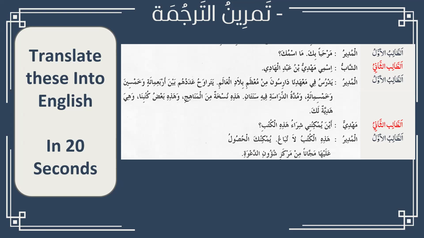Mahad is the institute, Madina is our institute. Yadrusu fi, they study. When you're saying yadrusu fi, you're saying he studies. Because the word darisuna is in the middle, that tells you that you're talking about multiples of them. So students from all over the world, in other words from different countries, study in our institute. I already knew it's a difficult sentence, by the way. Okay, just keep going. I'll help you.